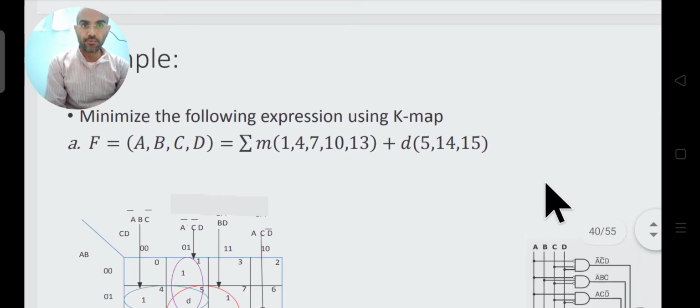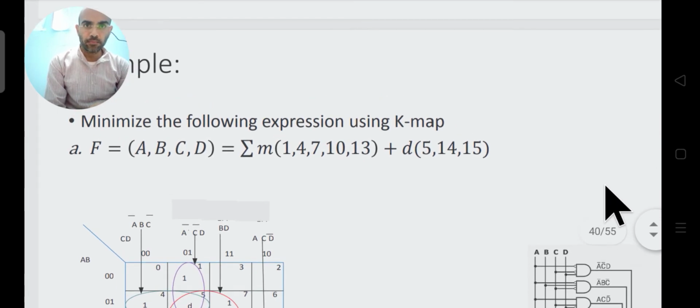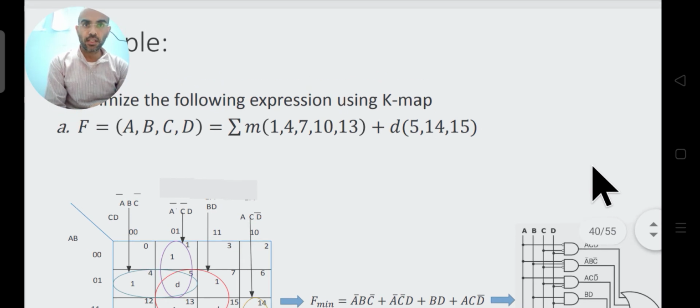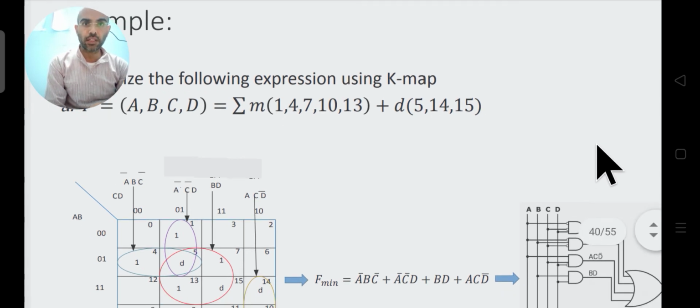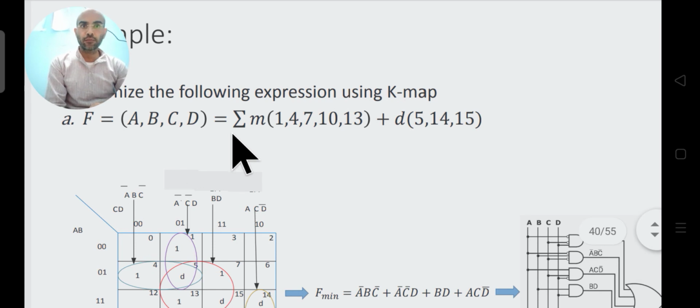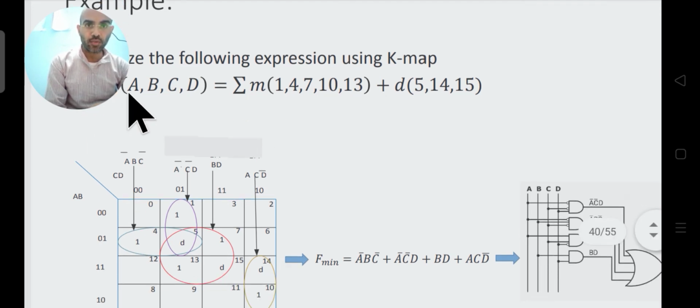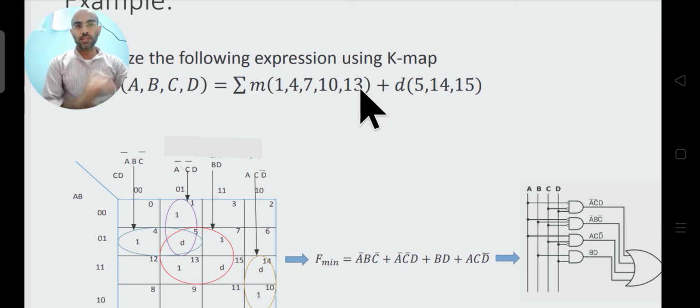Now let's try another problem. In this problem we have to minimize this expression, and this is again the same type of question which we have done earlier. So this is again a 4 variable expression. The maximum term which is coming here is 15. So if you check it, 4 variables will be required, although they are listed here. This is wrong, this should not be there, but you correct it. So f is a function of a, b, c, d, and the terms are this. So according to this,